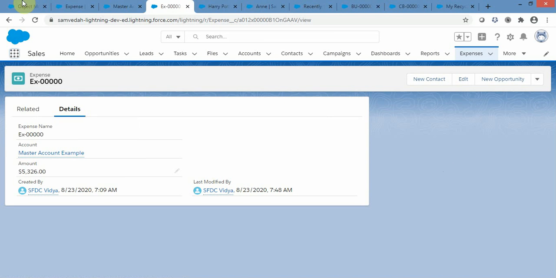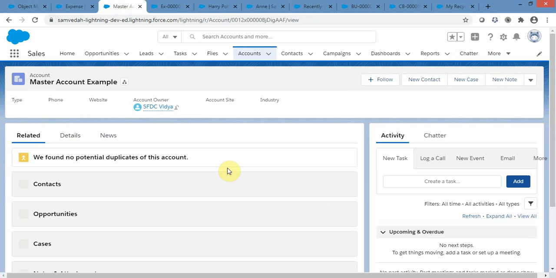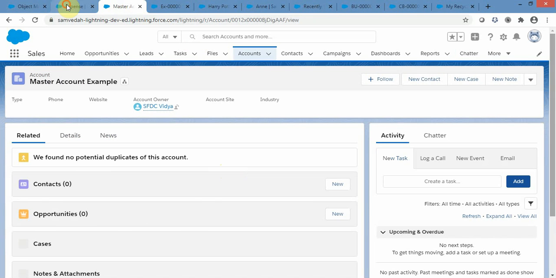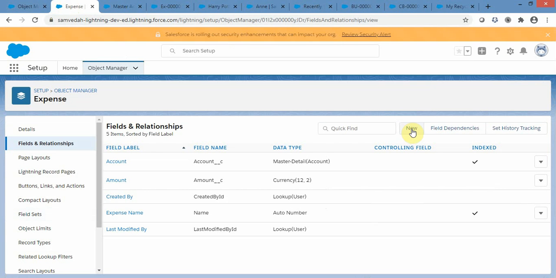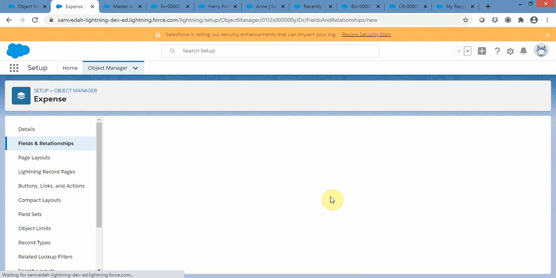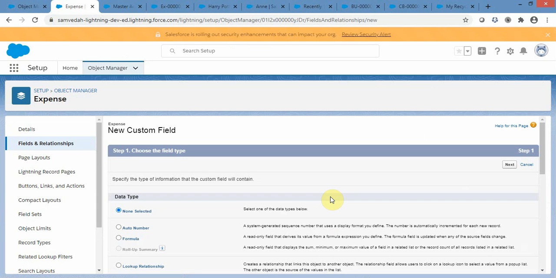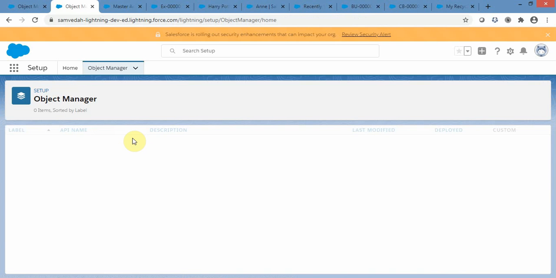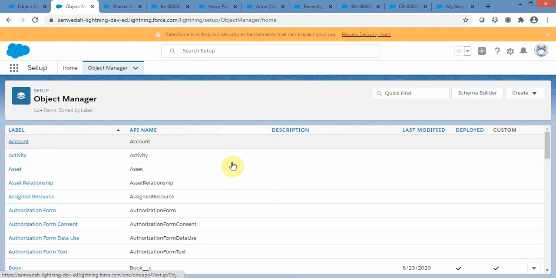So that is how master detail relationship works in Salesforce. And one more thing, if we want to create a roll up in our master detail relationship, then we can do it in our master record, not in the child record. If you go to the child record, this roll up summary field is disabled. But if we go to the account record, if we navigate to the account object, then we will be able to